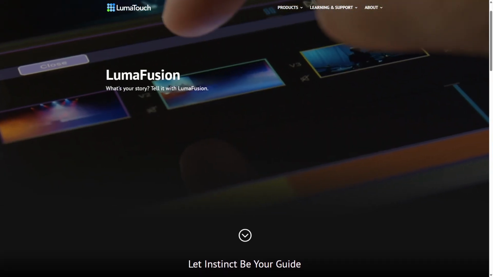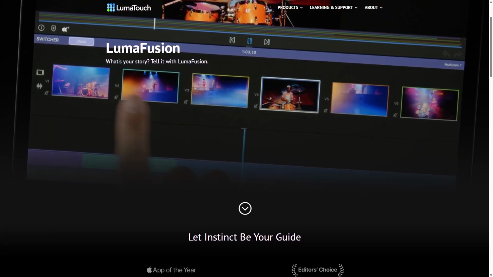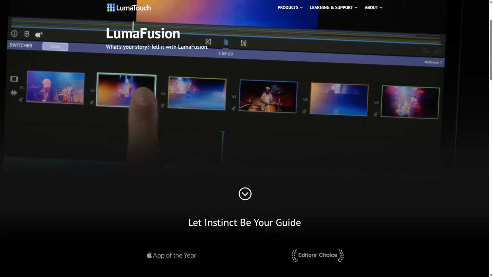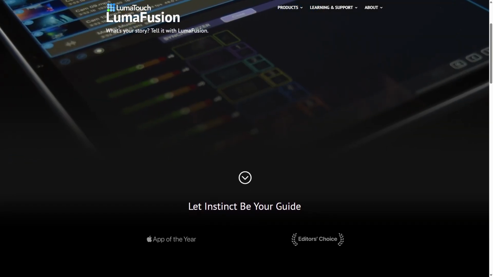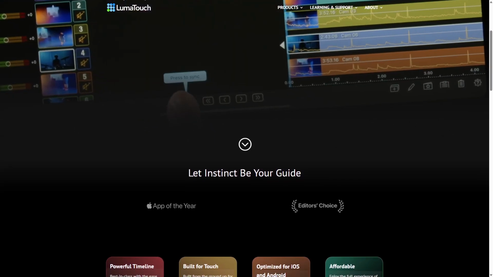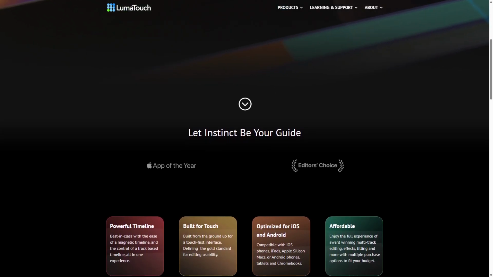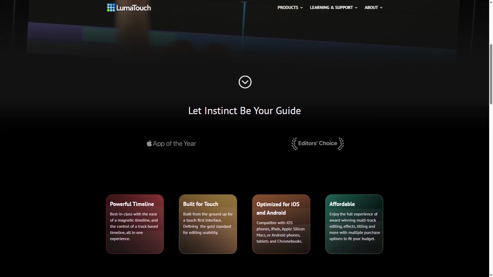It supports multi-track editing, allowing up to 6 video and audio tracks, plus additional audio tracks for narration and music. The interface offers advanced tools like color correction, keyframing, and layer effects. LumaFusion works by letting users import footage directly from their device or cloud services, then arrange and edit clips with